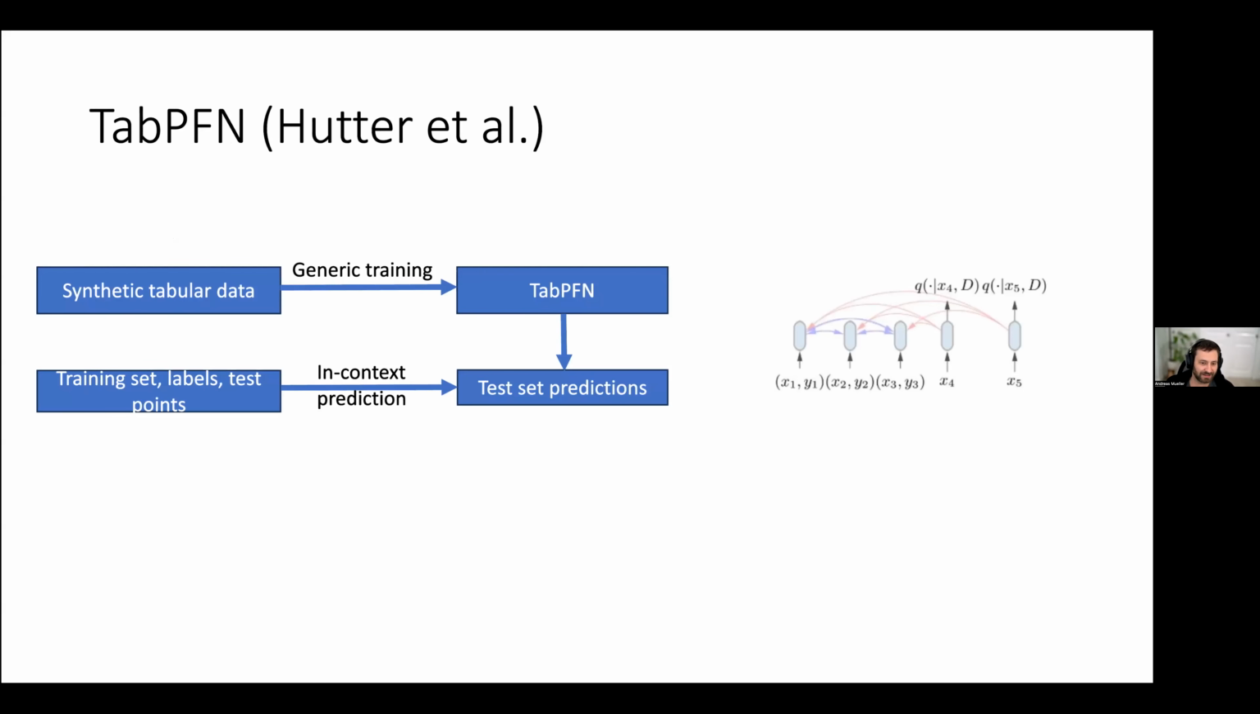I was really, really excited when I saw TabPFN, because I've predicted this to happen for several years. So this is obviously the work of Samuel and Frank and the team and